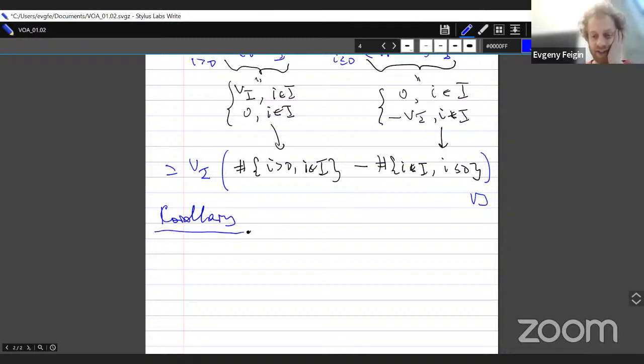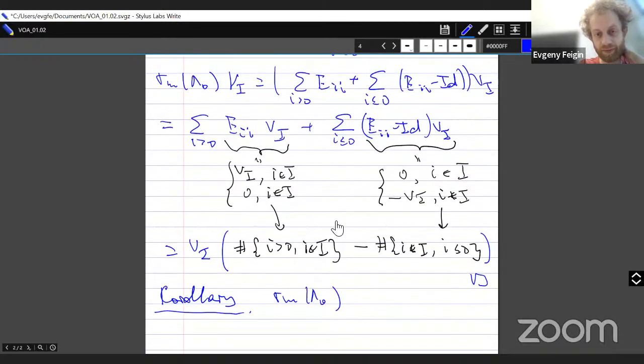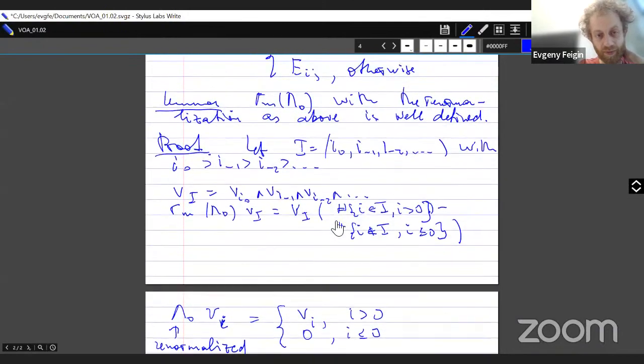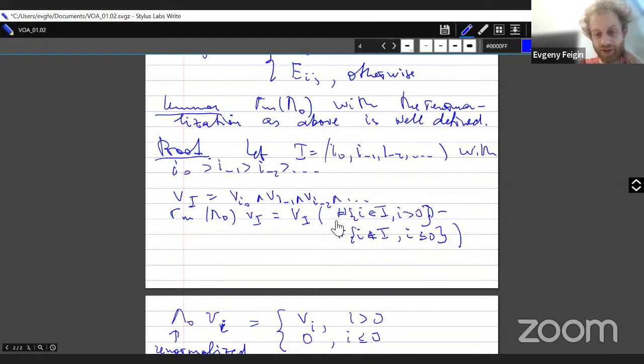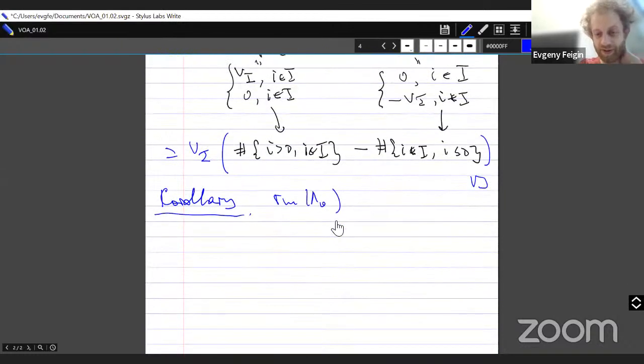The corollary says that if we take R_m of lambda naught and apply it to, so let me write, it equals m times the identity on F_n. Yeah, just because by definition,